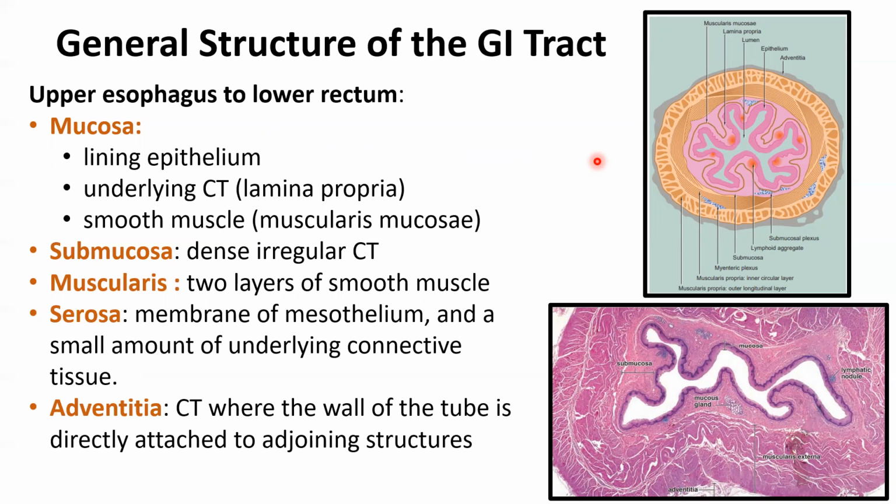Followed by the second layer, the submucosa. So the way to identify the organ is by looking at the epithelium. That's why you should know what the epithelium looks like. You cannot get confused about epithelium now. First, you look where is the epithelium, then you can get oriented. Now this is your loop, correct? Then follows the submucosa, which is dense irregular connective tissue, then the muscularis, 2 layers, sometimes 3 like in the stomach,